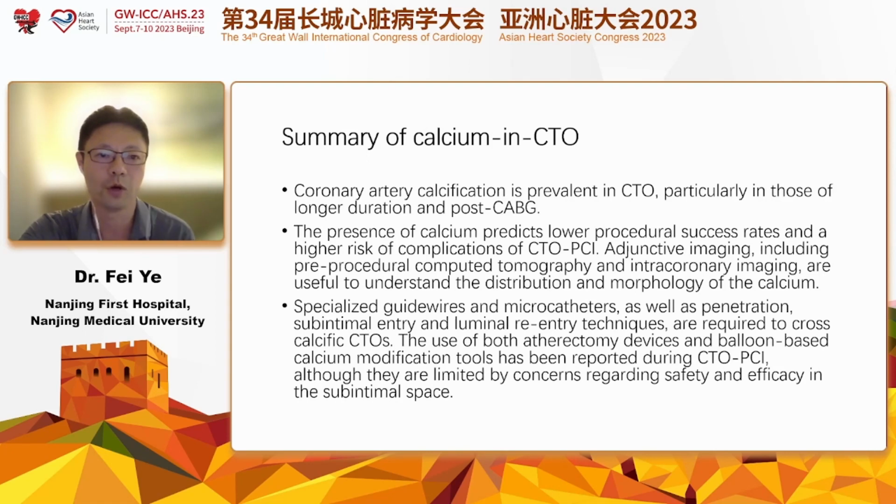Summary for calcium in CTO: coronary calcium is prevalent in CTO, particularly in those of longer duration and post-CABG. The presence of calcium predicts a lower procedural success rate and a higher risk of complications of CTO PCI. Adjunctive imaging, including pre-procedure CT and intracoronary imaging, especially guide wires and microcatheters, as well as penetration, subintimal entry and lumen re-entry techniques are required to cross calcified CTO lesions, and use of both atherectomy devices, balloon-based